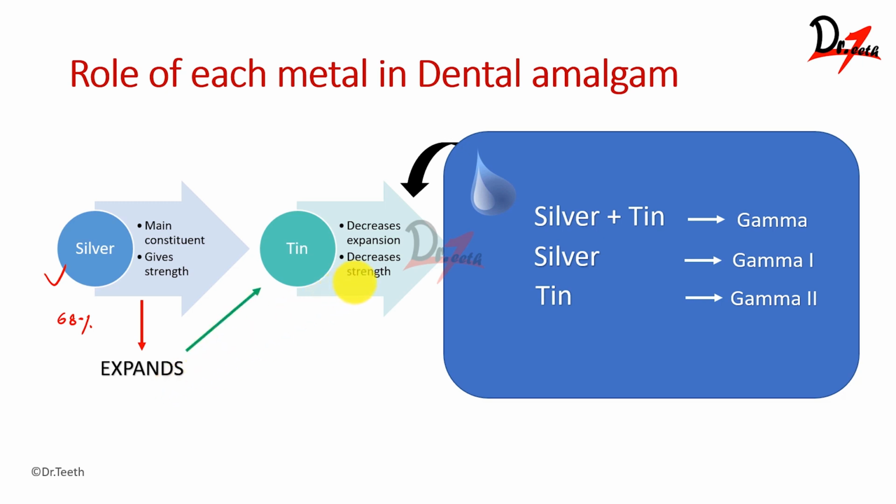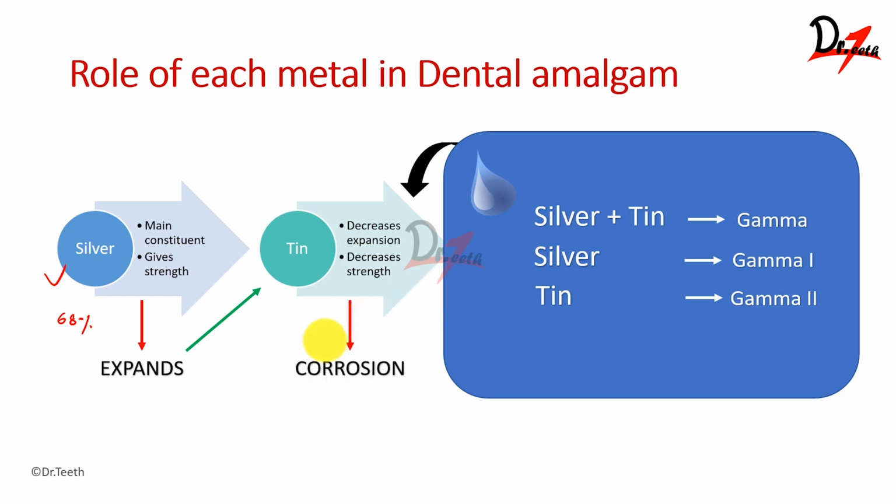So for that, we add tin, okay? So what tin does? It decreases the expansion. But why aren't we using tin as a major constituent? Why not just replace silver with tin and make tin react with the mercury so that we don't get the expansion? We can't do that. Why? Because tin decreases the strength. So the silver has strength and tin has decreased expansion. So we know that nobody is perfect in this world, right? The same thing applies here. They are not perfect. So what we need to do, we need to accept the imperfections we have and move on. Okay.